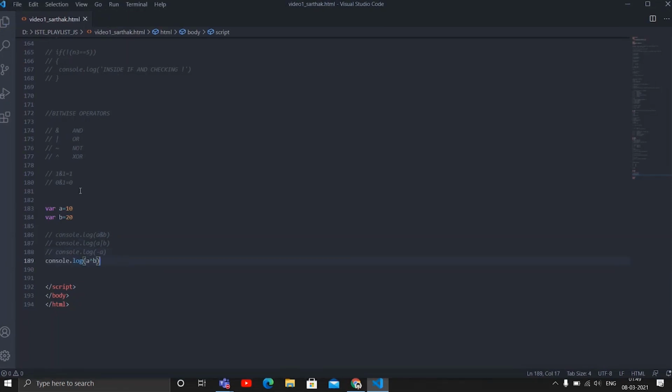Then we'll see A XOR B. In the XOR operator, same bits result in 0, whereas different bits result in 1. So 1 XOR 1 and 0 XOR 0 are going to be 0, whereas 1 XOR 0 and 0 XOR 1 are going to be 1.